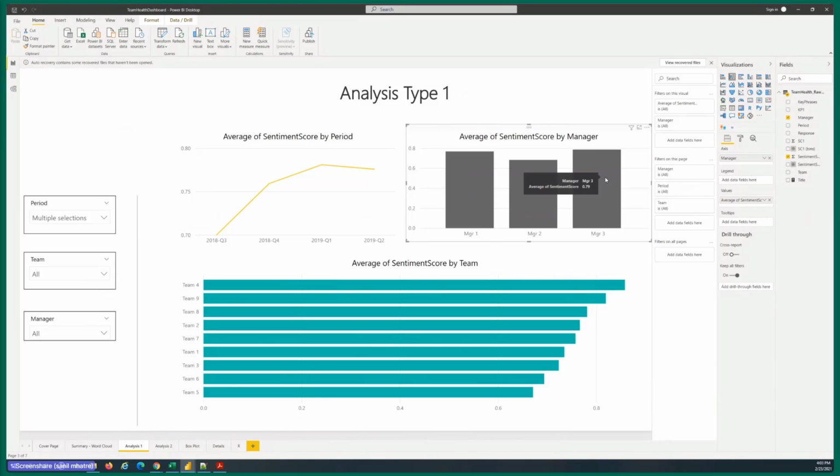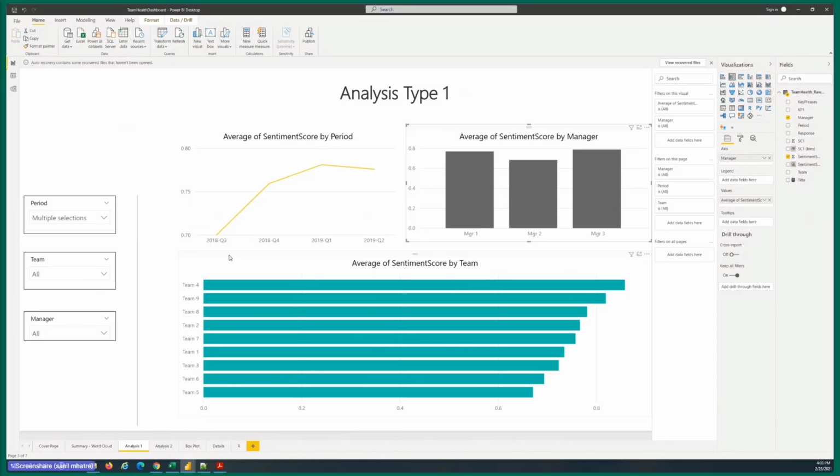So they're fairly close, but it looks like manager 3 is doing something really well, and his or her team seems to be really happy and enjoying great health. So maybe manager 1 and 2 can talk to manager 3 and try to learn from his or her success.